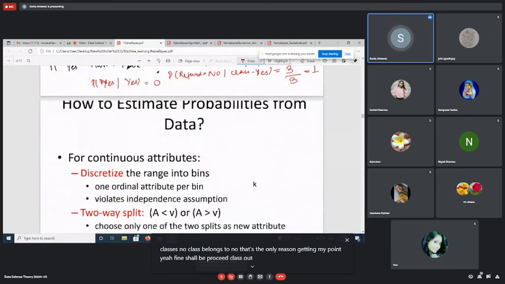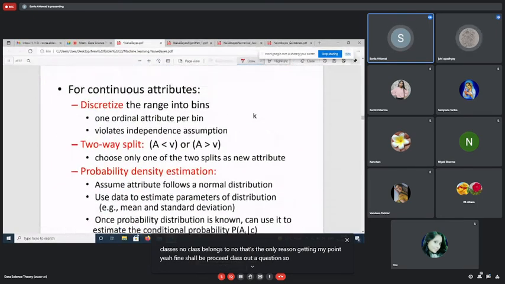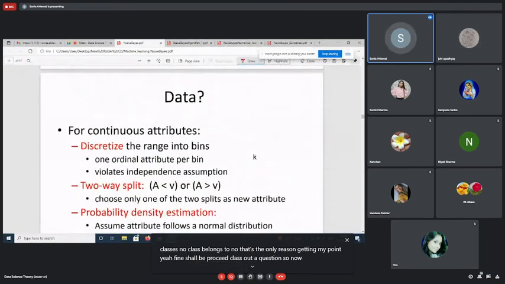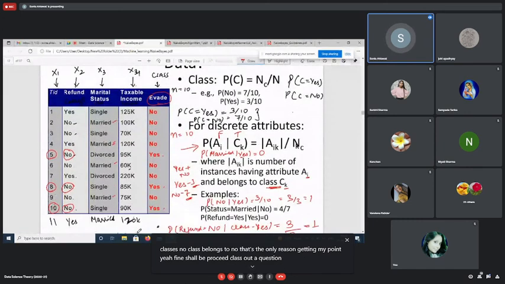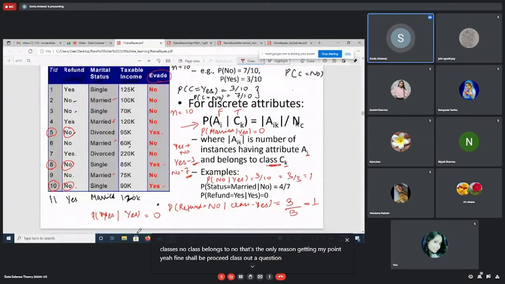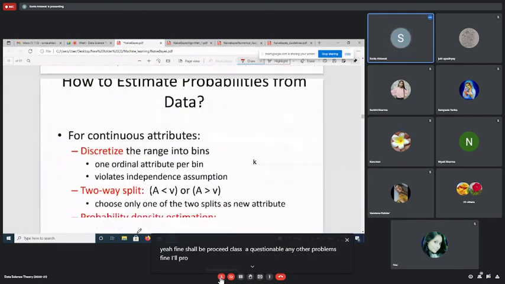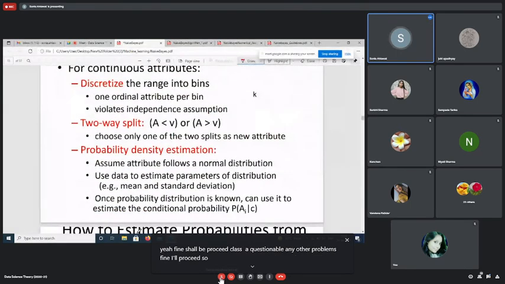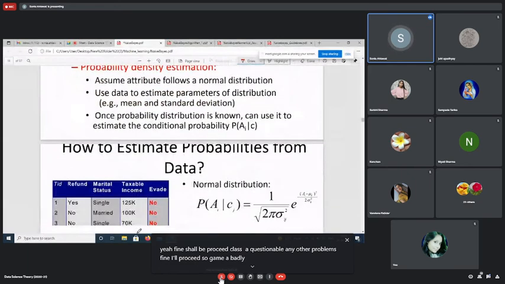डाउट के क्वेश्चन खत्म होगा। सो नाउ अभी किसी को इस टेबल में कोई और प्रॉब्लम है कि मैम ये कैसे निकलेगा प्रोबेबिलिटी? एनी अदर प्रॉब्लम? अभी हमने टैक्सेबल इनकम के लिए बात नहीं करी, अभी हमने सिर्फ और सिर्फ कैटेगोरिकल डेटा की बात करी है जहां रिफंड और मैरिटल स्टेटस के साथ हमने क्लास डिफाइन करी है। इट्स क्लियर टू एवरीवन टिल दिस पॉइंट? फाइन, आई विल प्रोसीड। सो ये मैं बाद में बताऊंगी डिस्क्रिटाइजेशन को लेकर के।